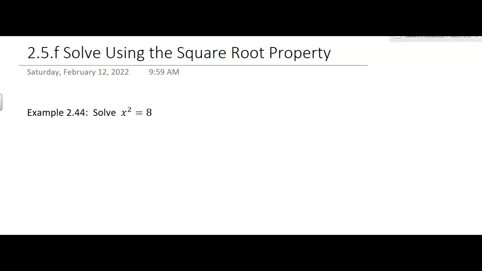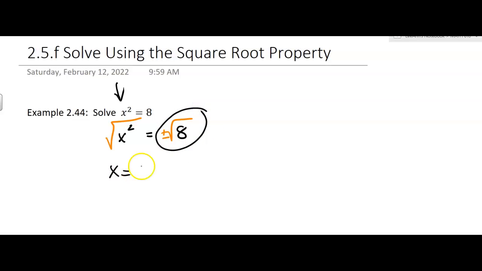Now you'll know you can use the square root property when you have the variable or a variable expression squared equaling something. That says, hey, I can use the square root property. You can take the square root of both sides. Don't forget the plus or minus. And so we get x equals, and then we have to simplify this. So 8 is 4 times 2, the square root of 4 is 2, so I get plus or minus 2